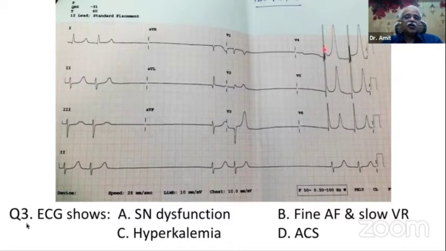Second important thing is to look at the height of the R wave. The R wave is pretty tall in these precordial leads. Most often when acute ischemia is there, when you start getting ST elevation and tall T wave, the R wave eventually, as a natural progression, starts getting decapitated. So these are some of the clues. And then often you see reciprocal changes. Inferior leads may show ST depression if there is an ST elevation in the anterior precordial leads. So none of these things are present, and therefore acute ischemia is very unlikely, and most likely this is hyperkalemia.